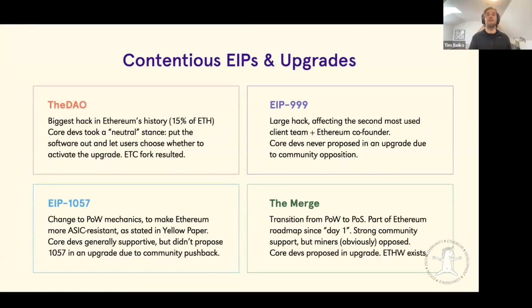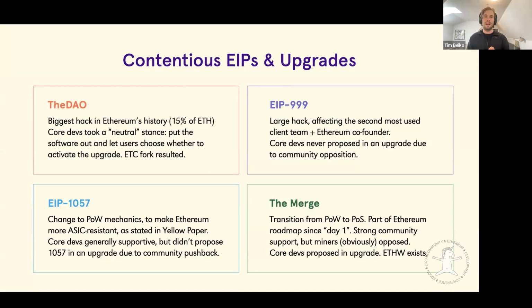And if you look in practice, in Ethereum's history, I think there were four big contentious cases. Actually, I'd say probably three, and the fourth is more of an extra example. But definitely the most contentious one was the DAO. So this was very early in Ethereum's history, about a year after Ethereum had gone live. There was a hack which had 15% of the ETH affected by it.